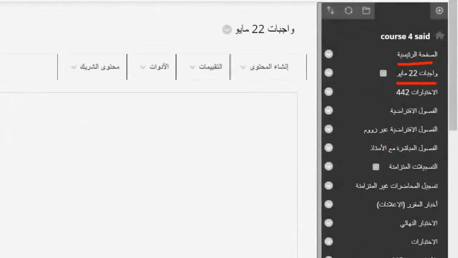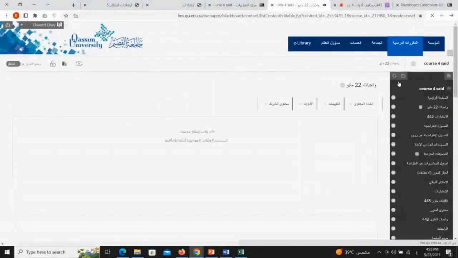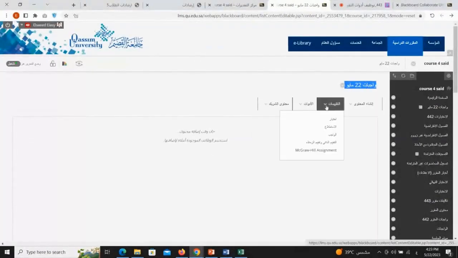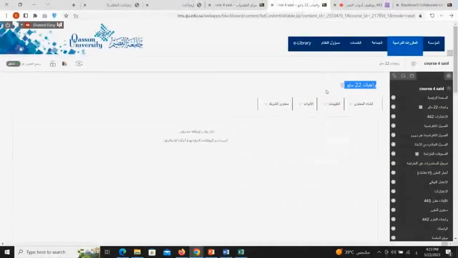All right, let's start creating the assignment. Now, we're going to click on the link to enter the Assignments 22 section. As you can see, there are what we call assessments here. These assessments are what we're going to work on today, and we'll create the assignment through them. So, through these assessments, we can create the assignment and we can create the test. So simply put, if we come here and say,